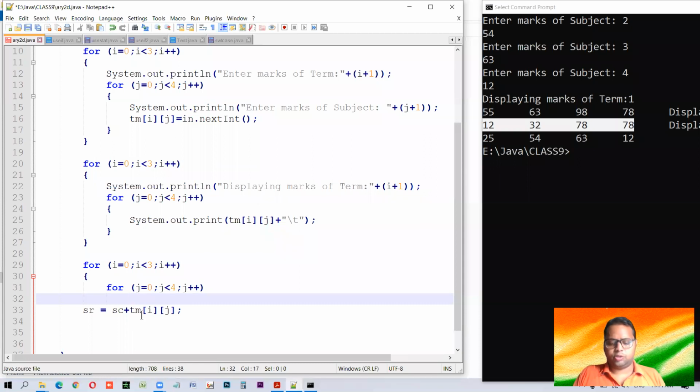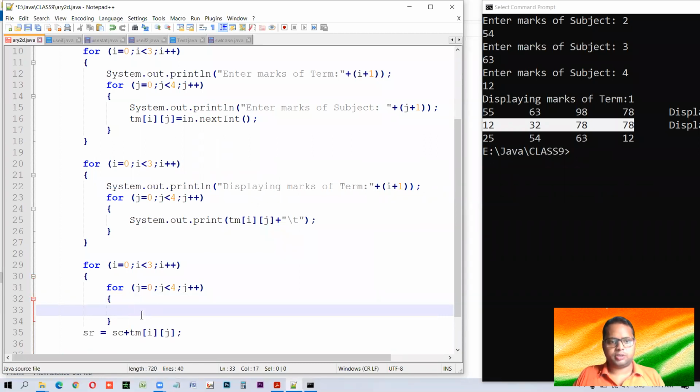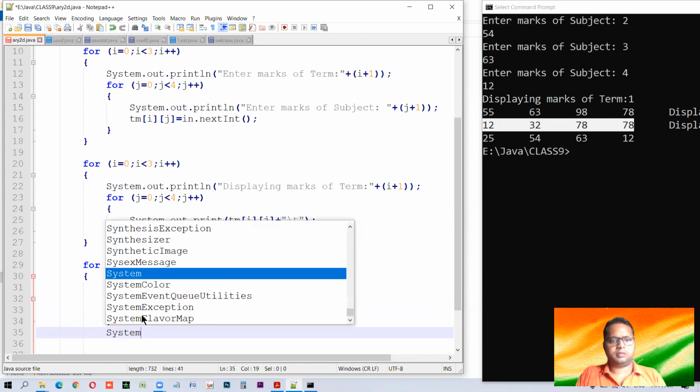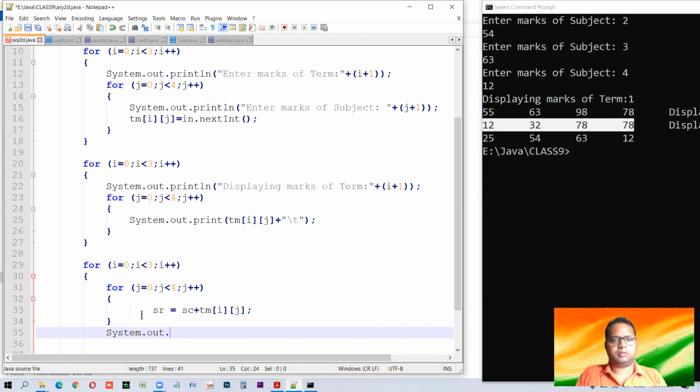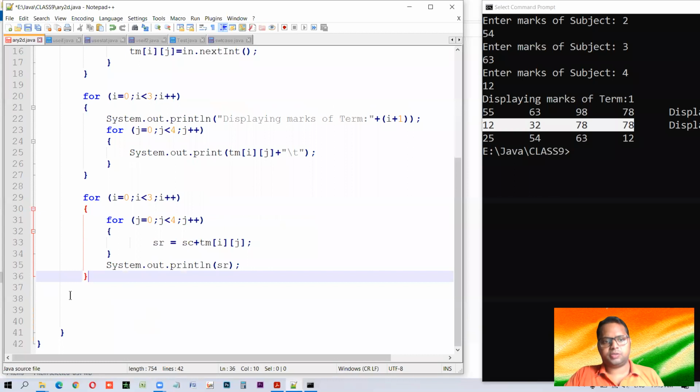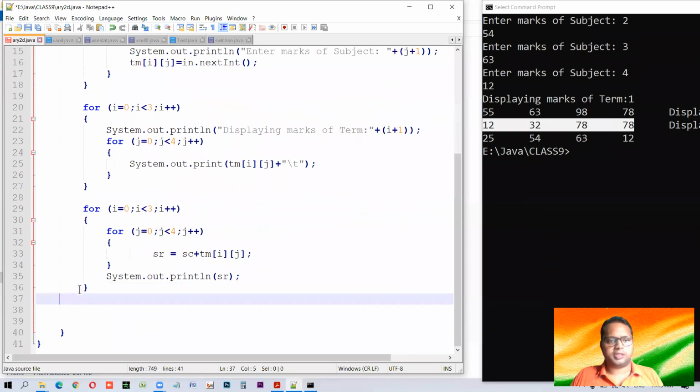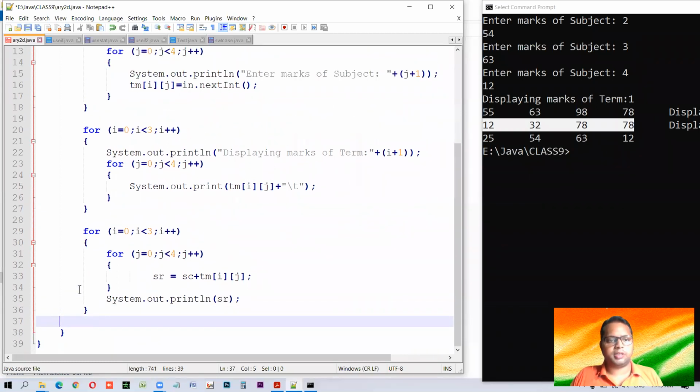Better to have blocks so that you could easily understand how it is working. Sum of row. We'll test this. I mean, test means we'll execute it. This way, slowly, step by step, so that things will become clear.